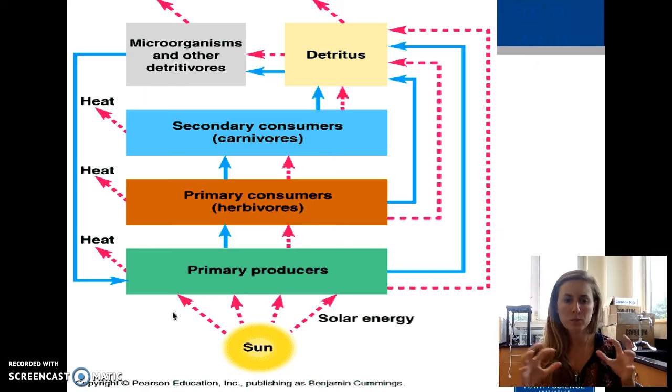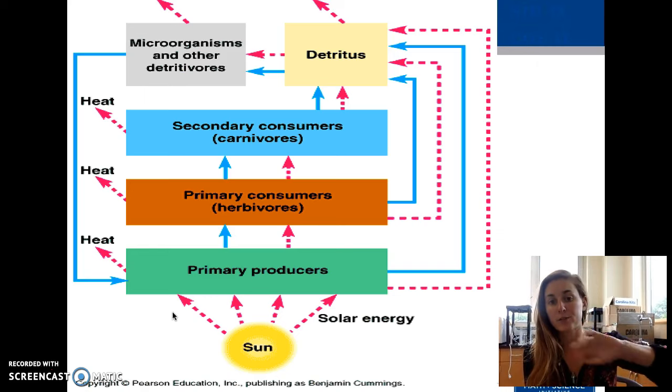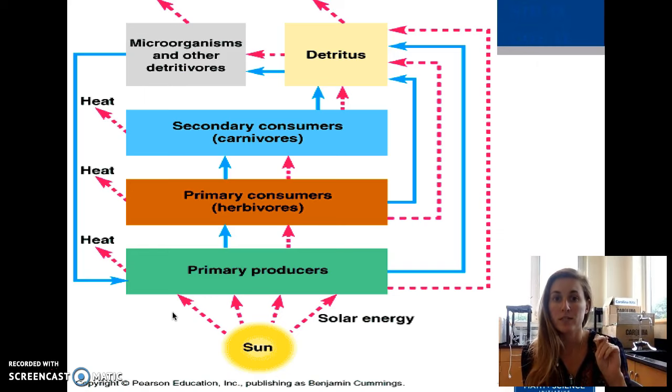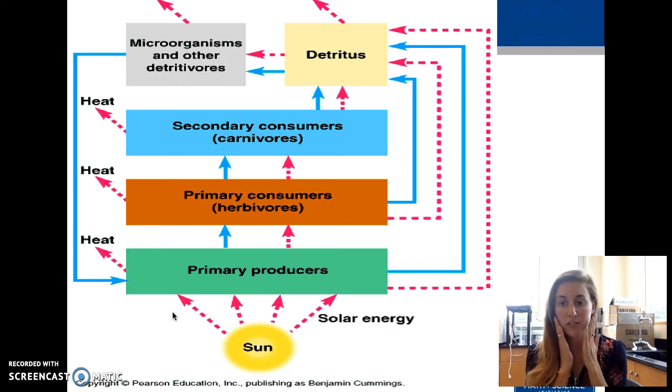We're going to go from the most simple to a more complex version of the cycles. This is just energy. So keep in mind the second law of thermodynamics, not the chemical cycles or the geochemical cycles. We see that the sun is placing energy into primary producers. The dotted pink lines are your energy lines. We see that at each step of the way on the left, heat is lost. I'm giving off heat right now. Every organism is, and that energy is lost forever. So that's where the first amount of energy is lost.